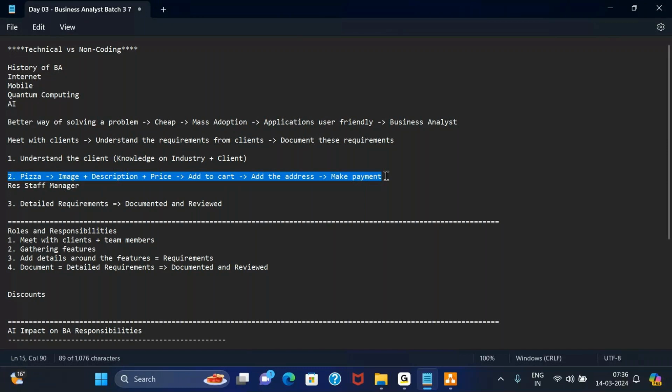So I can go back to the client, share this document and say that I'm not able to locate the discounts feature in the document that was reviewed and signed off by you. So when I present the document, instead of fighting or arguing, my client will also understand that maybe they missed it. So now we can update the document and start working on it afresh, as there is a new feature that is needed.